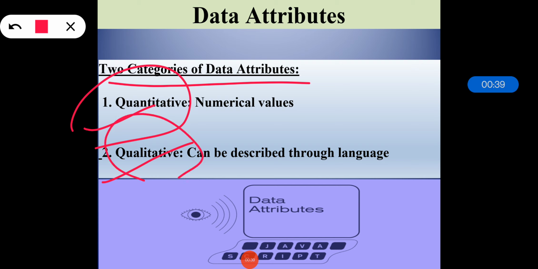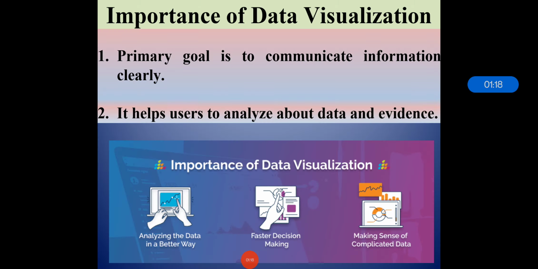And another one is the qualitative data. It can be described through the language. So qualitative data refers to the values that cannot be measured numerically, but they can be described through the language. For example, we can say that I came in 3rd place at the swimming meet. Since I am always on the run, I prefer a laptop over a desktop. That is not exactly stating a numerical value, but through language we are able to state ourselves. So we will see them in detail.